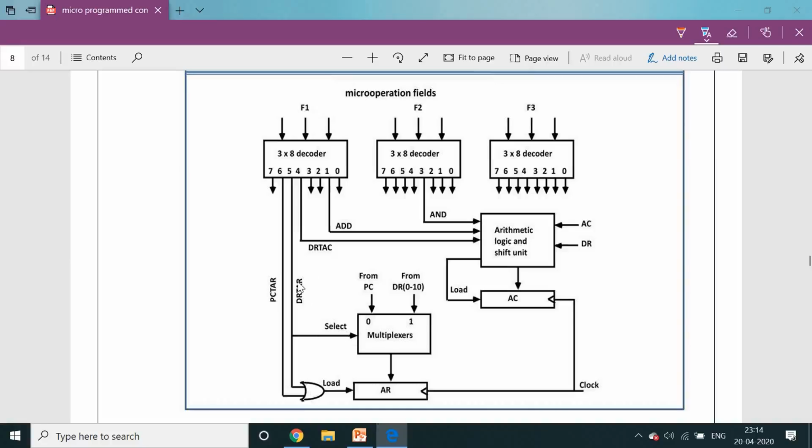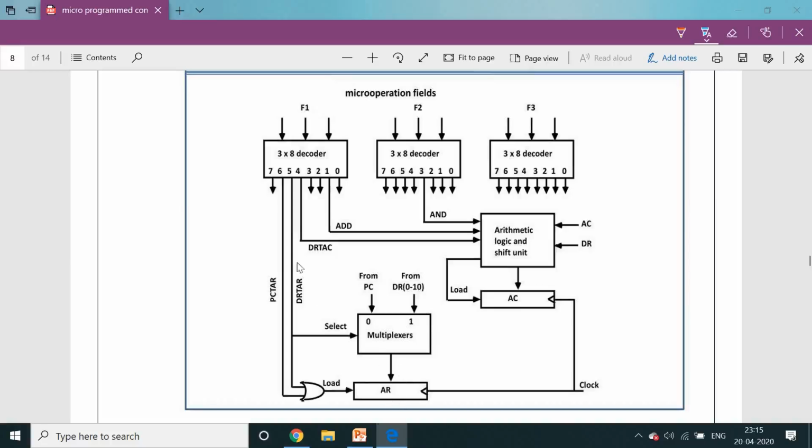So the select. If DR to AR carries logic 1, and one goes to this selection line of the multiplexer, this output line is connected to this one. So what action will be performed? DR to AR. The DR register's 0 to 10 bits, that means 11 bits, are stored into the address register.